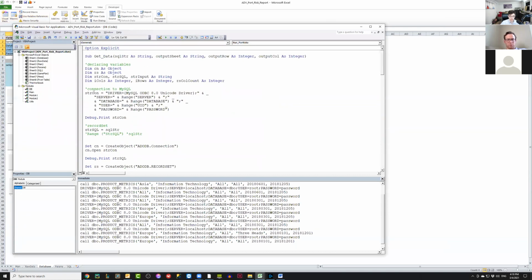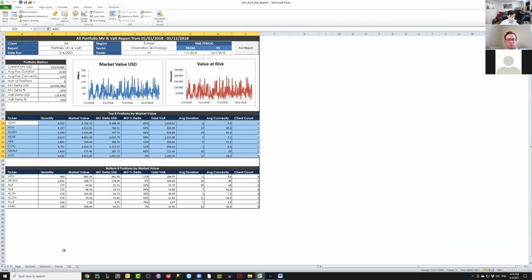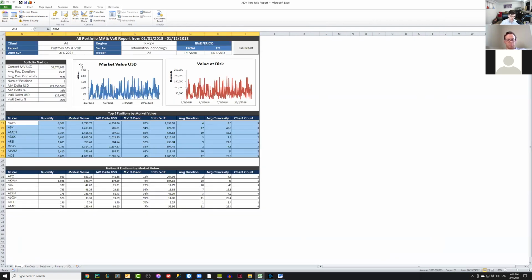You can see over here, I set up connections to the database. And once I have my database connections set up, then I have these strings produced, which call the database. And once you set up that connection, in VBA, it knows how to connect to your MySQL tables. It runs that code that you did. It dumps the data on this tab. And then you have these kind of pre-canned reporting that is automatic and adjustable based on whatever you're doing.